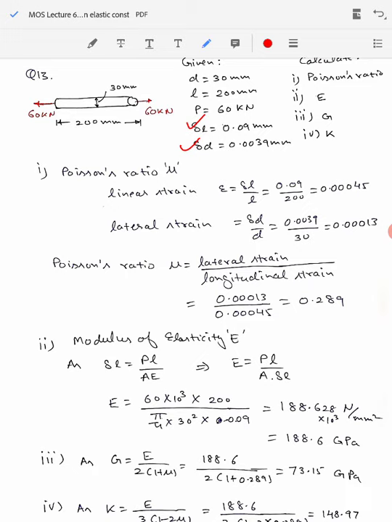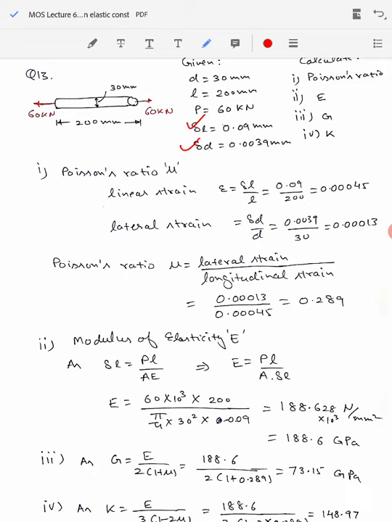You see here you haven't been given any material parameter. So it is some kind of an experiment that you can perform. You don't know the material parameter value. Just simply take a rod, you put it in a tensile testing machine, you measure the original diameter of that object, you measure the original length of the object, you apply a known value of the load on this rod, and then you find, after application of the load, how much is the change in the length of the object and how much is the change in the diameter of the object. That you can always measure using the vernier caliper or some kind of instrument. So you can measure all these parameters in a simple tensile test experiment.